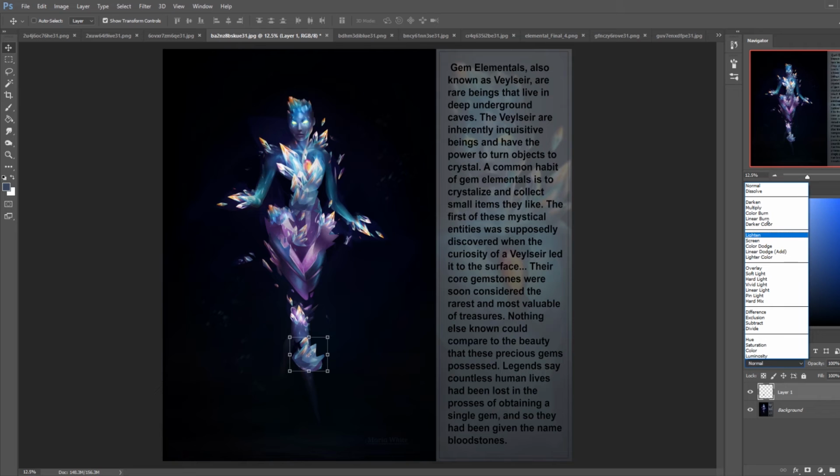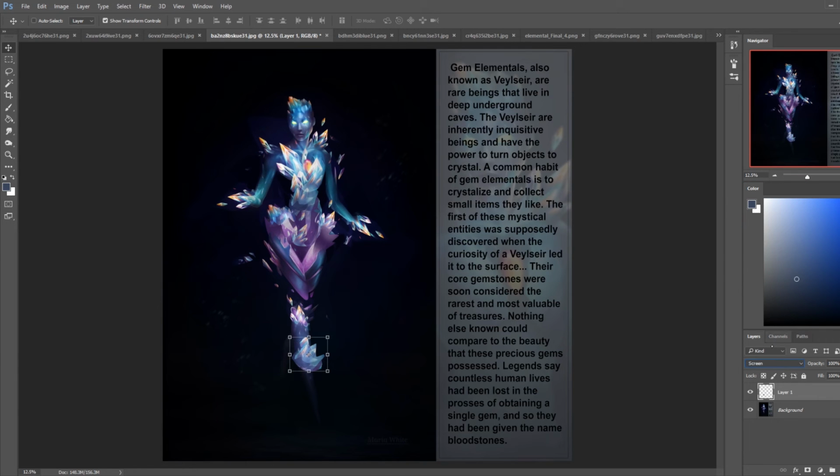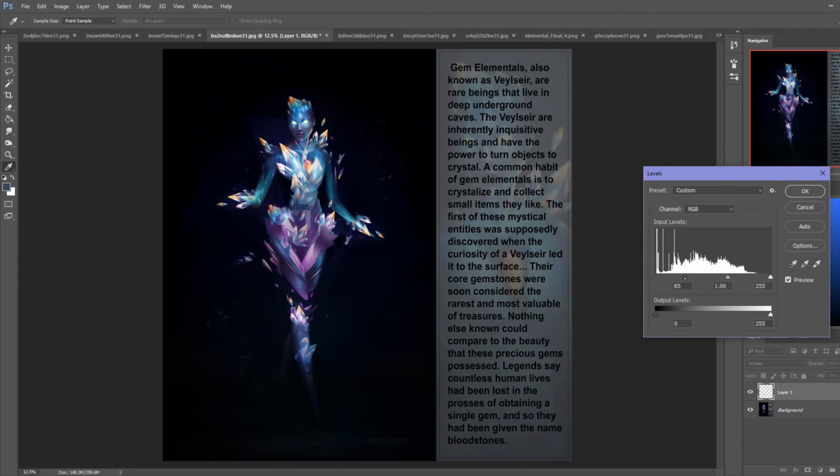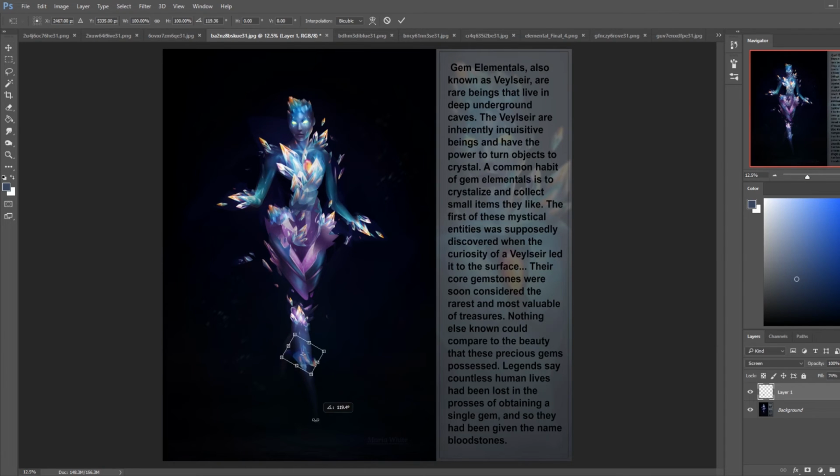Let's see what screen does for us. Oh, son of a bitch. All right. And then darken. I'll just drop the levels significantly. There we go. Or maybe just have that be the pointed end. Nah, never mind. I do wish that we had some more negative space here, so I'll probably just get the burn tool on shadows, go down to the base layer, and just burn around this area